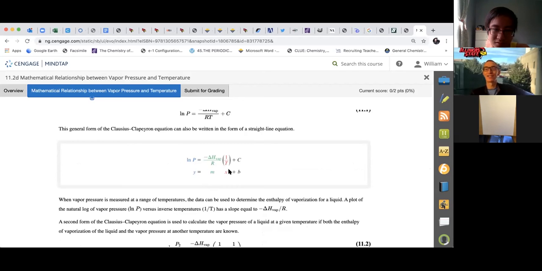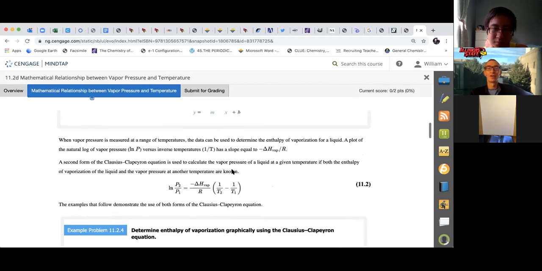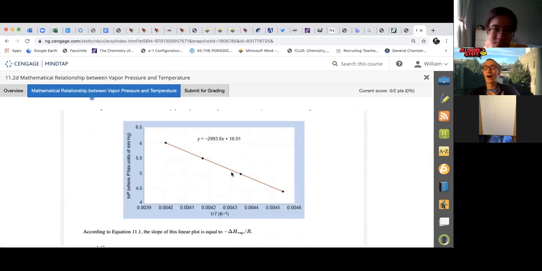Multiplied by x, which is the inverse of the temperature, plus some constant to move us away from the origin. So what we're really trying to do is this equation apparently should give us a straight line, and the slope of that straight line is the enthalpy of vaporization. So looking at this graph, at least now I can begin to recognize that the natural log of the pressure is the y-axis, the x-axis is the inverse of the temperature, and so the slope of this graph